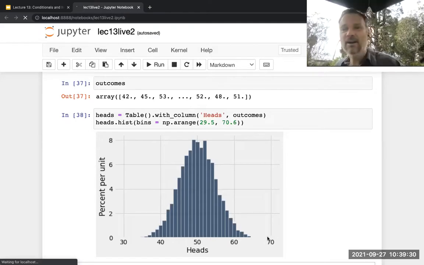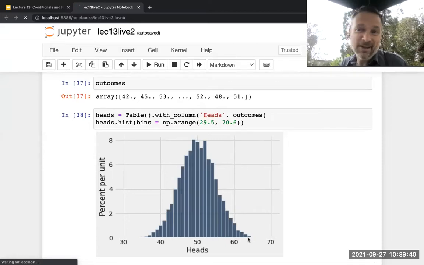Okay, so this now, interpretation time, gives you a way to set that suspiciousness threshold. If you set a suspiciousness threshold somewhere around 65, 70, that seems consistent with this distribution to me. If you set your suspiciousness threshold at 55, maybe not a great choice, because a fair number of the times, if it was actually a fair coin, you might get more than 55 heads.